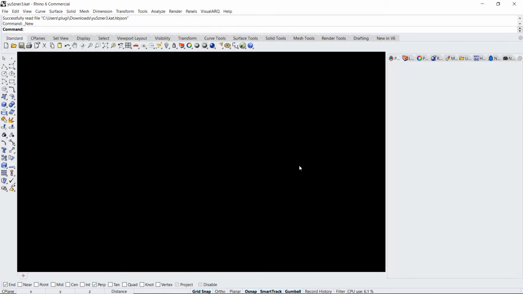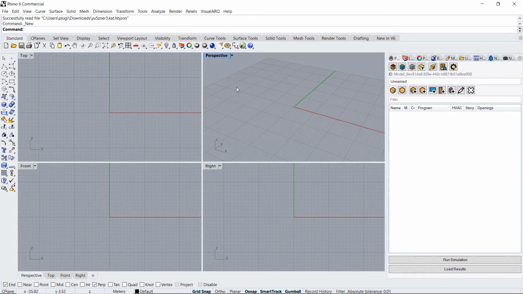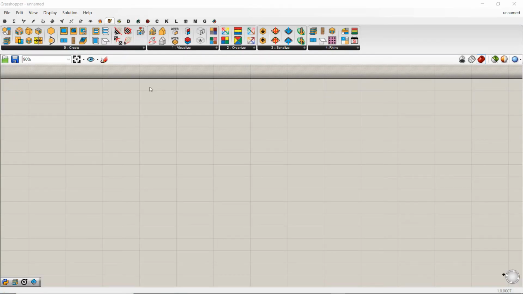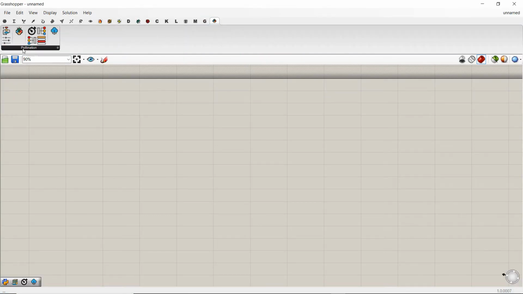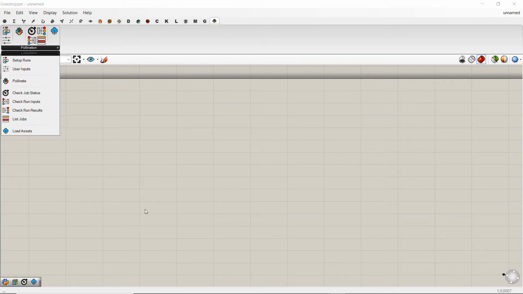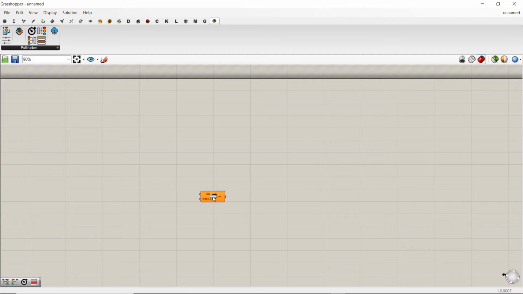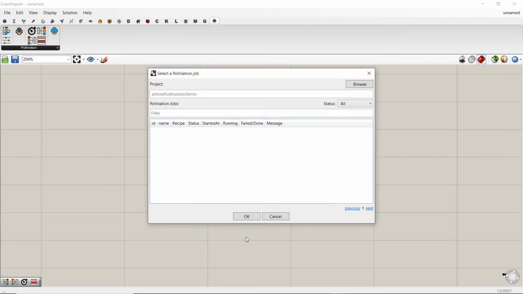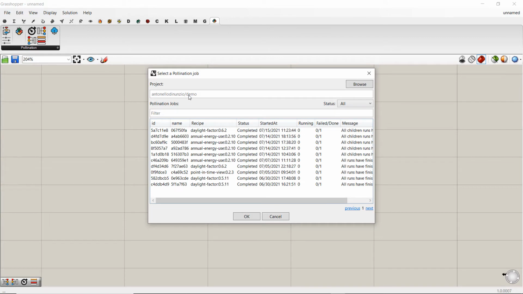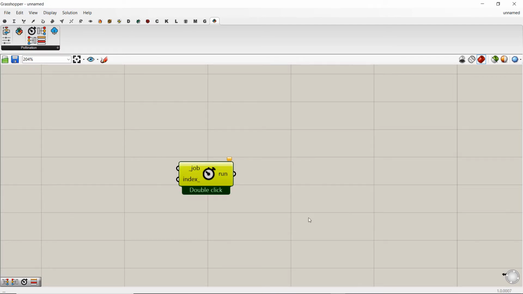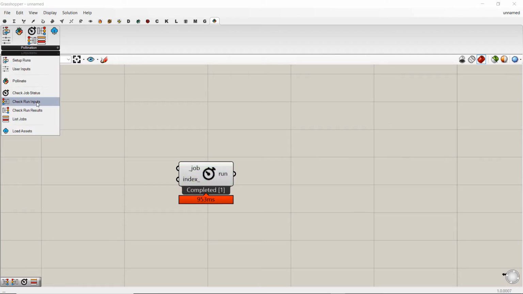Another method is using Grasshopper. So open Grasshopper and use Pollination components. In particular, this one here. Check job status, double click, and if you look, I'm reading the same project and also the same job, this one. Confirm with OK, and at this point I can extract input